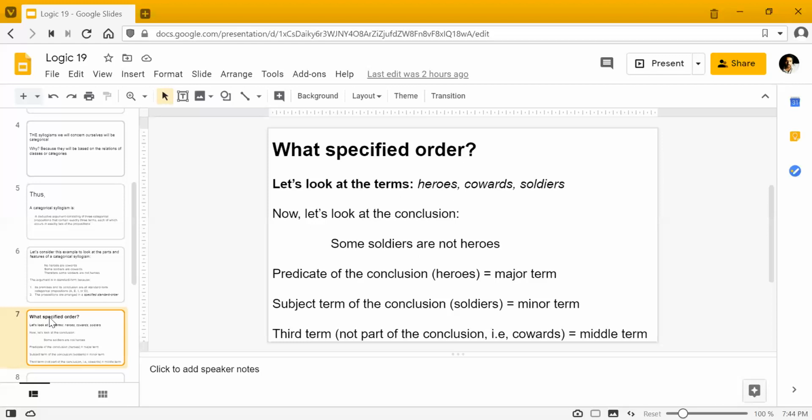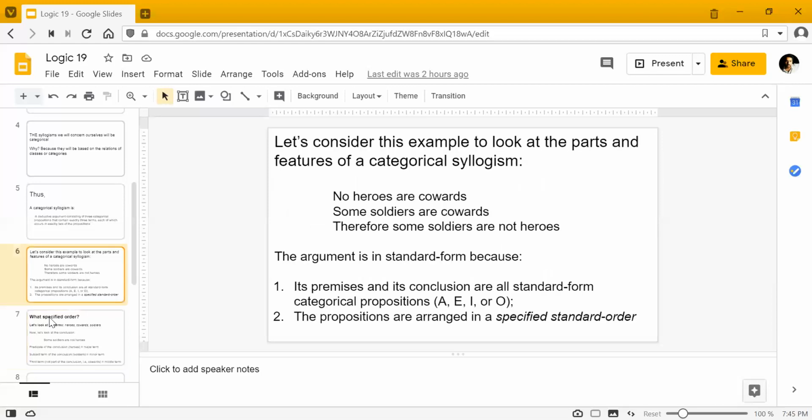On the whole, if you look at the argument, we said there are three terms. So major, minor, तो हमने मालूम कर लिया कि कौन सी हैं, ठीक है, इस argument के अंदर. तो जो तीसरी बच गई है, वो obviously middle term ही होएगी. So अगर आप soldiers और heroes को निकाल दो, पीछे जो बच गया cowards basically, वो आपकी middle term है इस argument के अंदर, ठीक है?